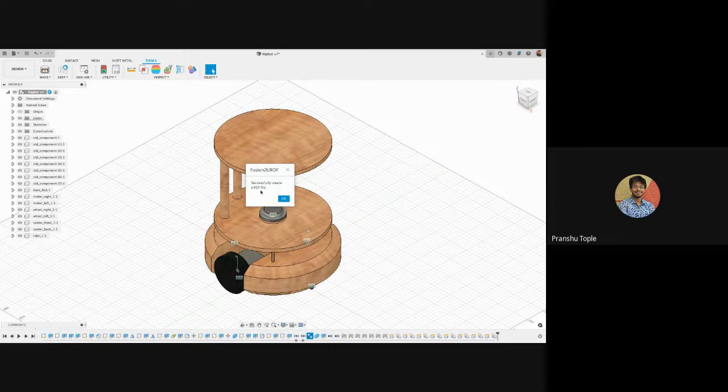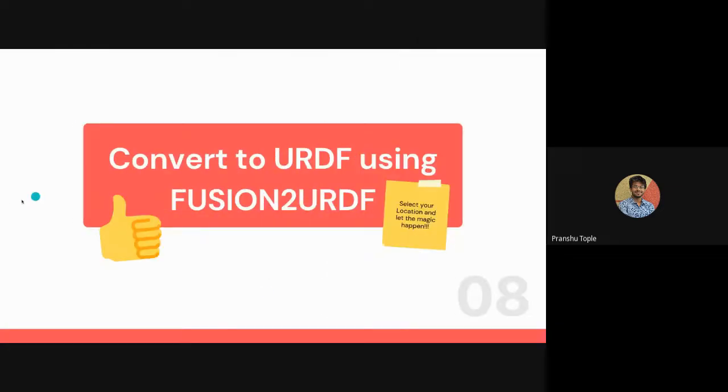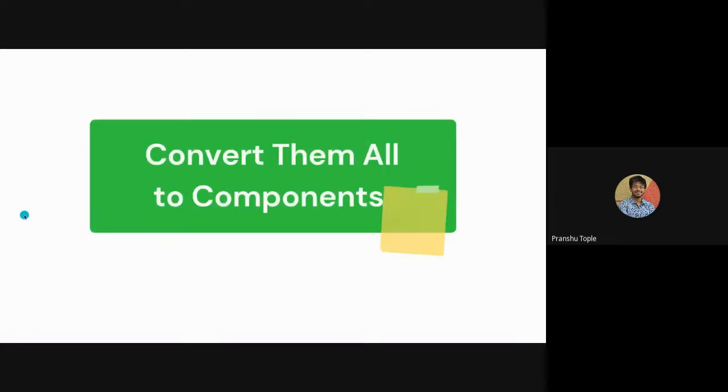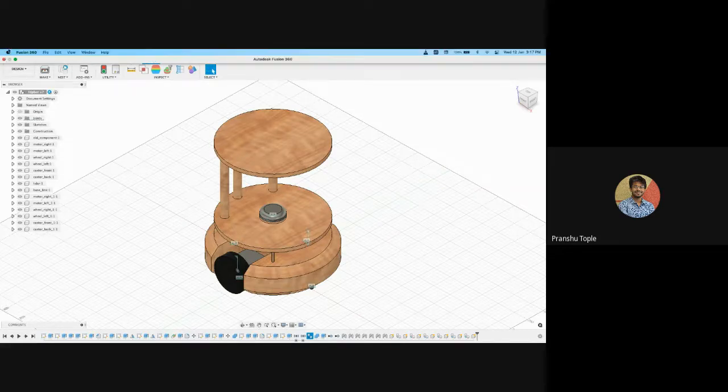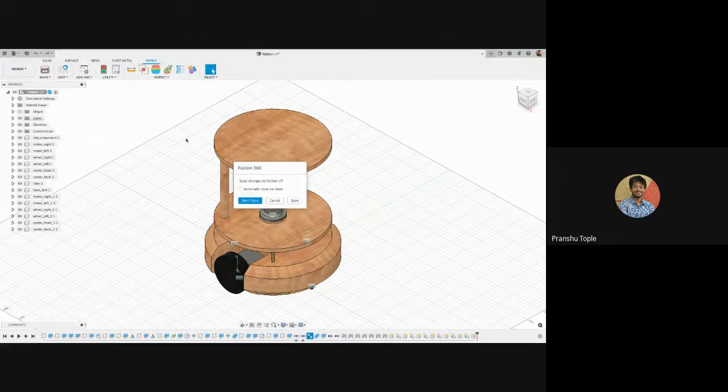If you have not received this, there might be some error. You have to redo some of the things. Just make sure you do all these steps that I have shown right now. If you follow these steps one by one, as I showed you, there was no error that came up. Everything was there. Now, whenever you create a URDF, you can see some copies of the components are created, right? So all these components you have to undo, okay, because this is created by the script automatically, so it is not required. Or else you can directly close this if you want.